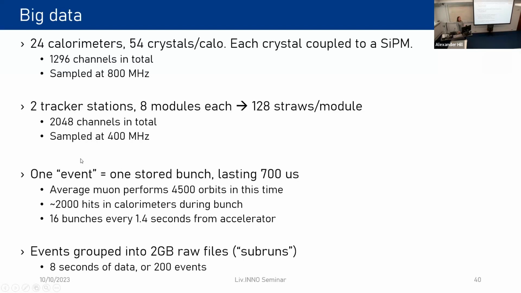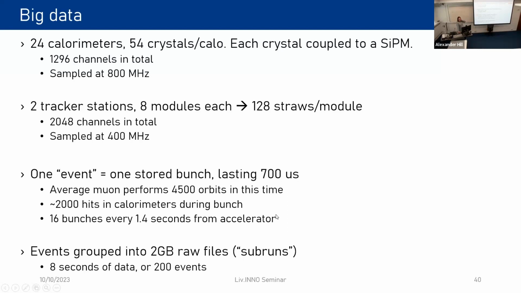What we call an event in our data acquisition is one stored bunch lasting 700 microseconds. For the calorimeters, we digitize a waveform lasting that long and see which positrons appeared in that time. An average muon performs 4,500 orbits during this time. We get about 2,000 hits in all the calorimeters during a bunch, and there are 16 bunches every 1.4 seconds